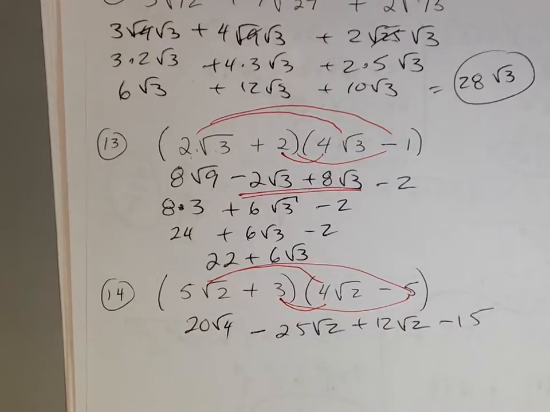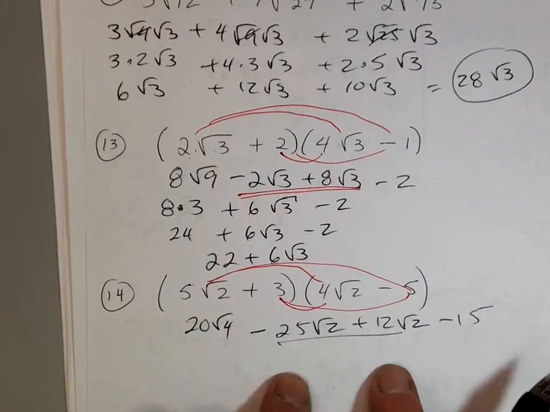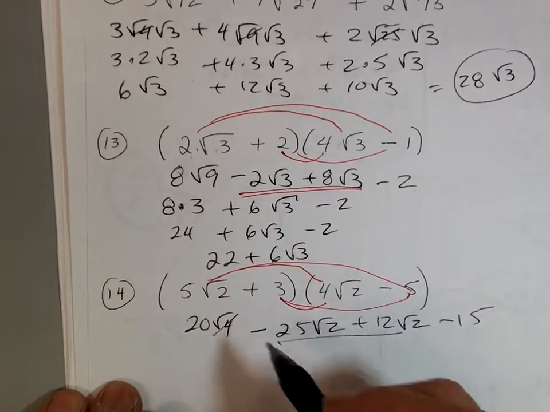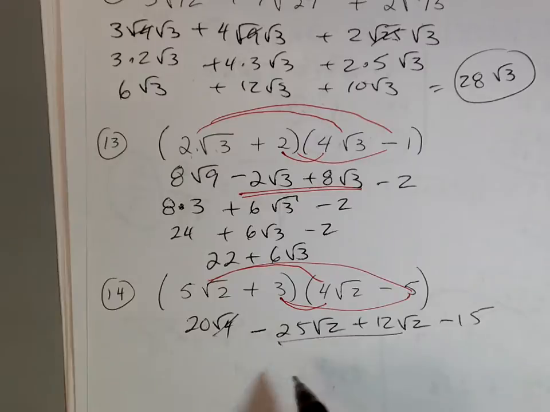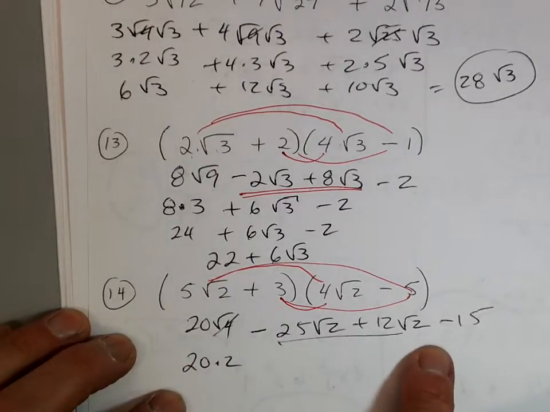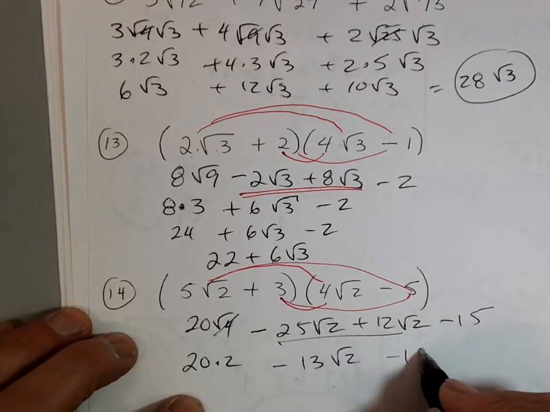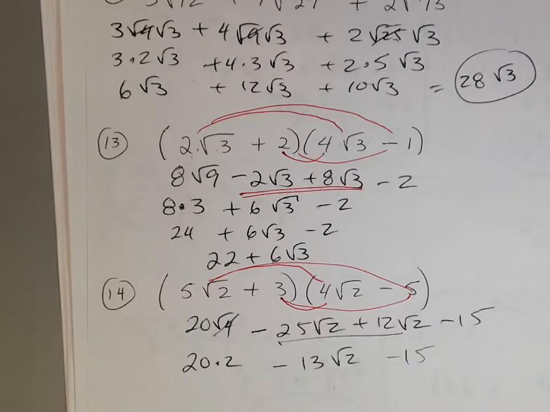Now, these two are the same. We can add those. We can combine the middle two. But the square root of 4 is 2, right? So I get a 20 times a 2. These two would combine to a negative 13 square roots of 2 minus 15, right? Almost done. 40